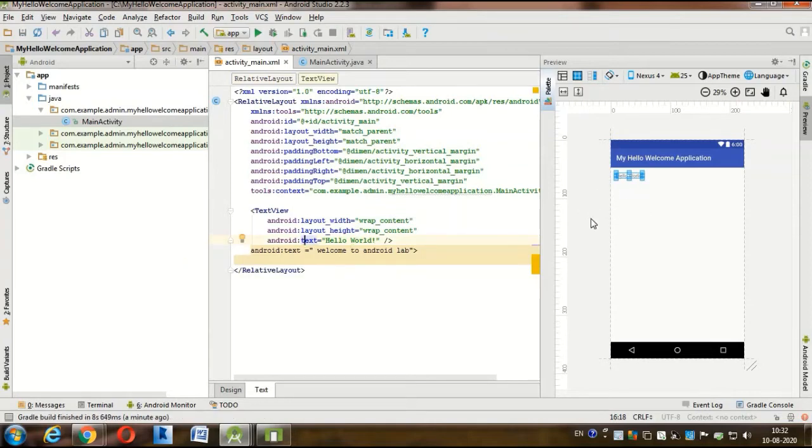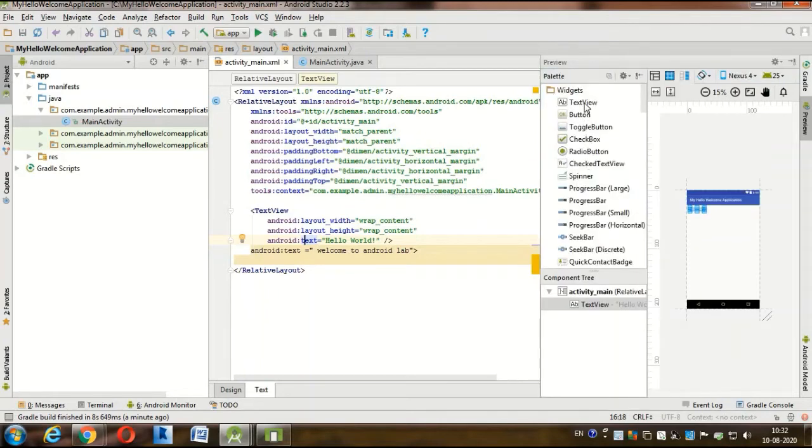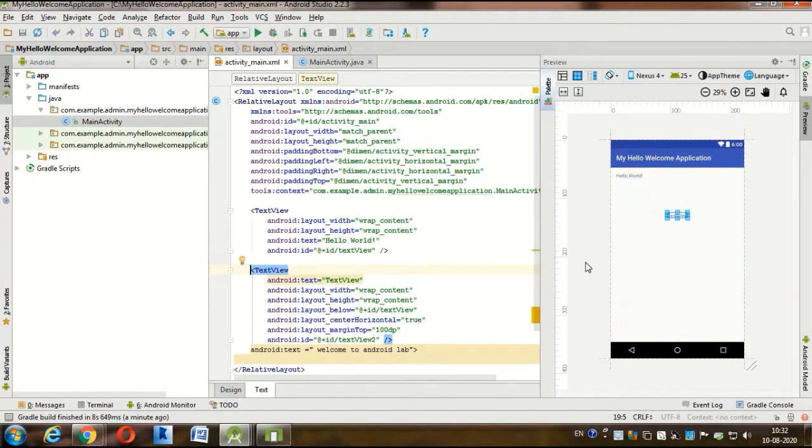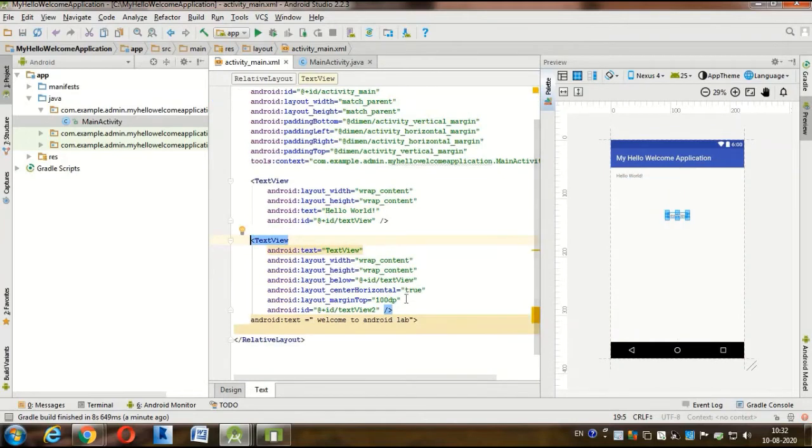For this text we require a text view. In the text we need to write this caption.